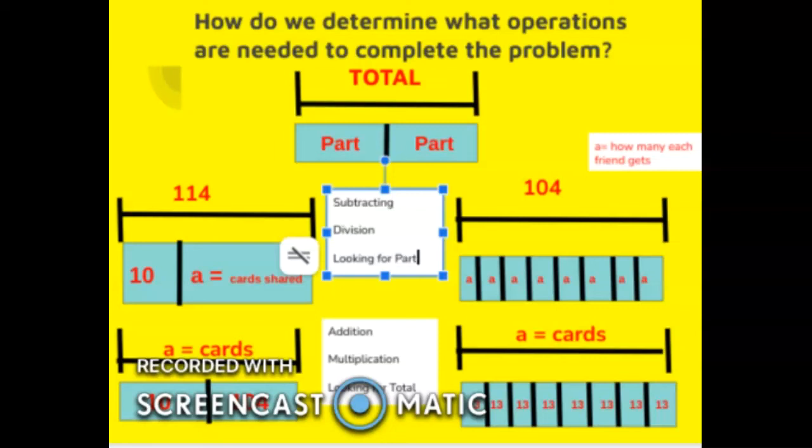Because here, I need the part that I can add to 10 to get 114. Here, I need the part that I can multiply times 8 to get 104. So if I'm looking for a part, I'm going to subtract or divide. If I'm looking for a total, I'm going to add or multiply. So keep that in mind as you're working through these problems, because you're going to be able to use the